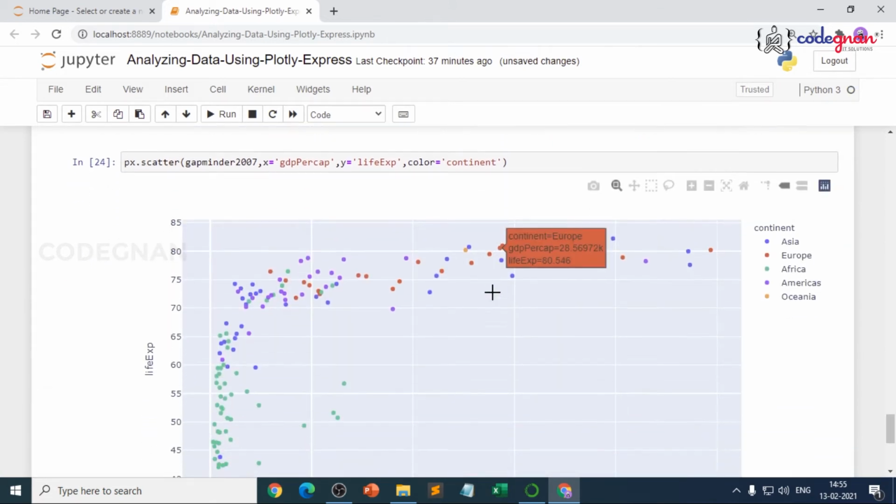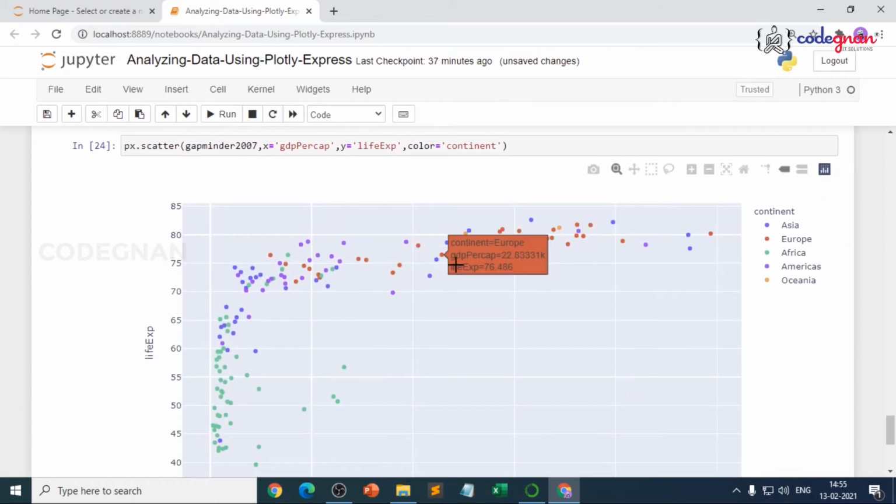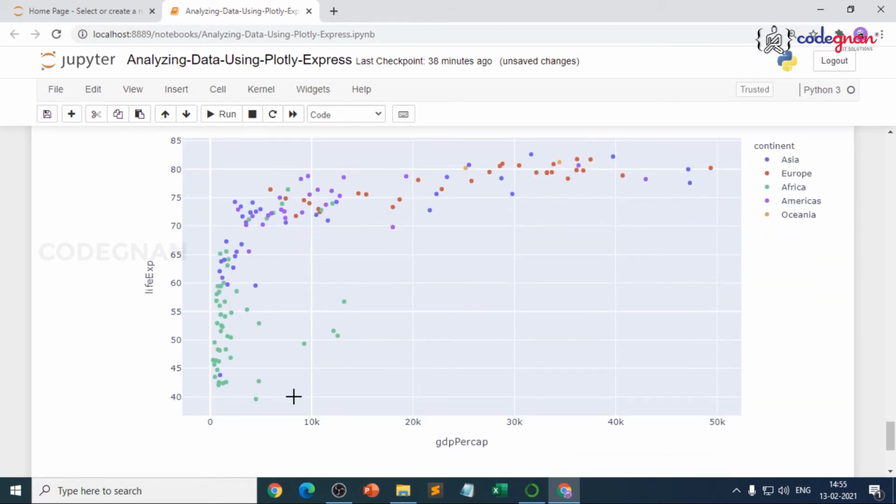So now all of them have been color coded, right? Here you have the continents: Asia, Europe, Africa, America, and we have Oceania. Now, if you see the countries in Africa, their GDP per capita is very low. And the countries in Africa mostly have low life expectancy as their GDP is low. And in Asia, here you can see that mostly they are having,